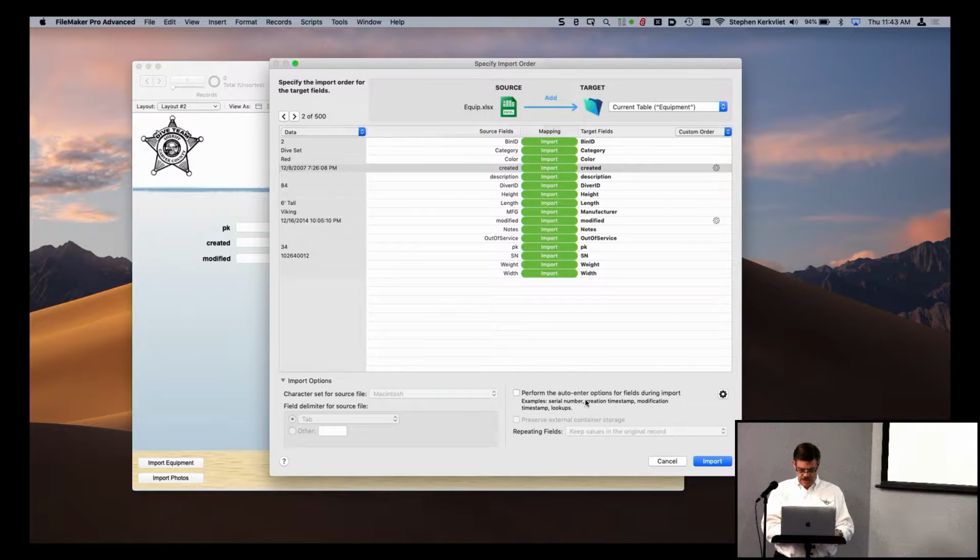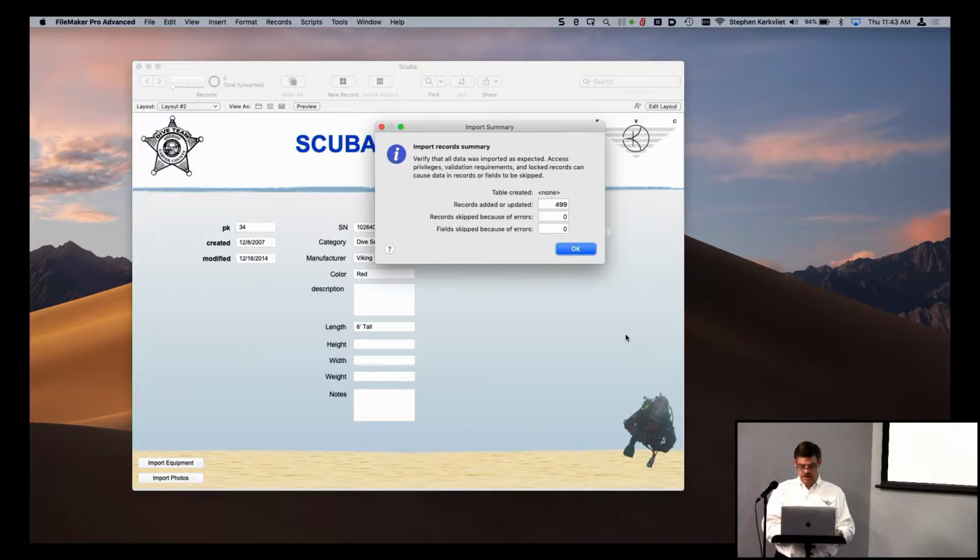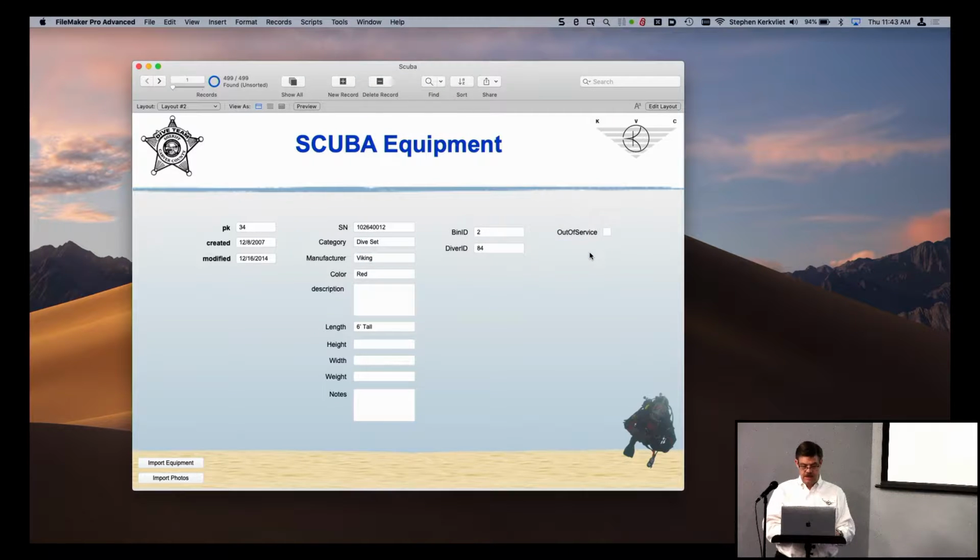I'm going to say that we're going to import them. Without these being red, they're not going to import them. If I were to check this, it would. And there you can see you can do it individually. And actually, I'm going to leave the created on, and I'm going to turn the modified off. And we're going to import the records. And it imported 499 records. Now, I can scroll through those,